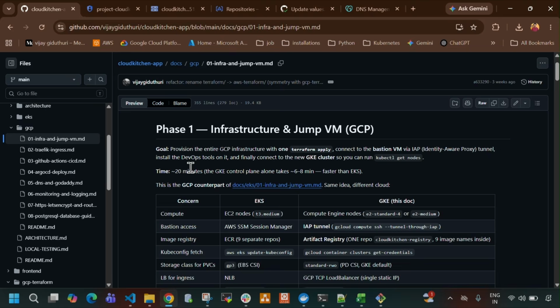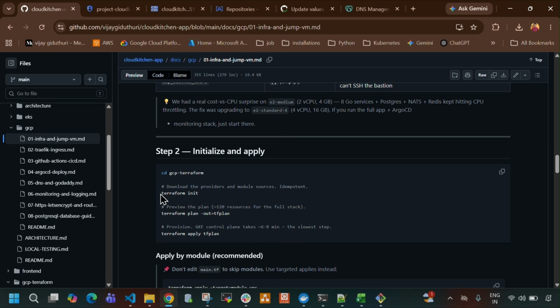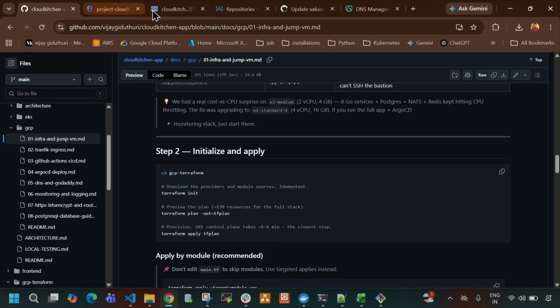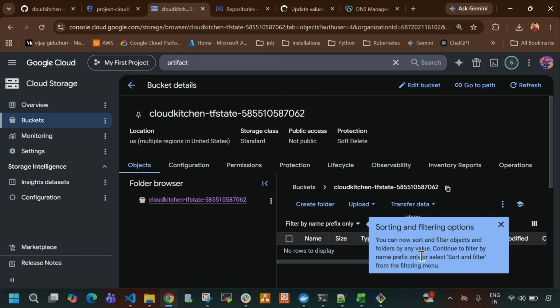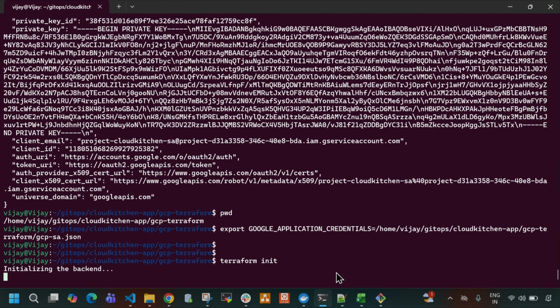So now let me open this documentation, and now let's directly run this command, okay? So Terraform init, let me open this and Terraform init, okay? Before running Terraform init, let me open this GCS bucket. So let me refresh this, okay? So here you can see currently inside this bucket we don't have a single row to display, guys, okay? So now I am going to run this command, Terraform init. So currently it is going to initialize the backend using our service account JSON,